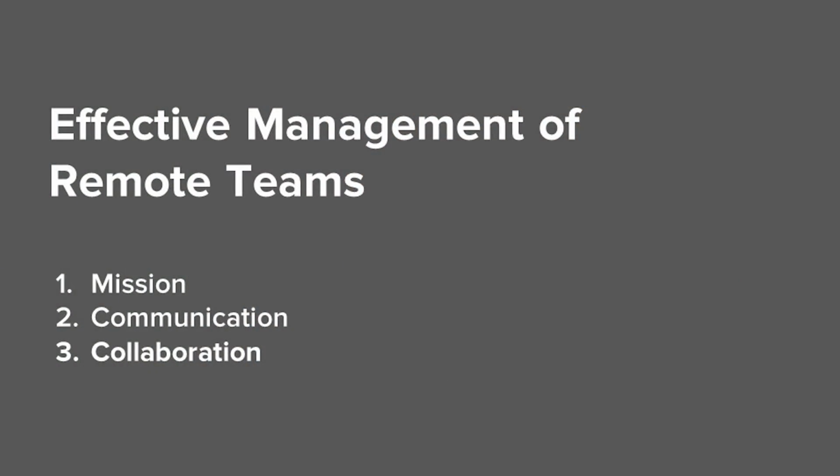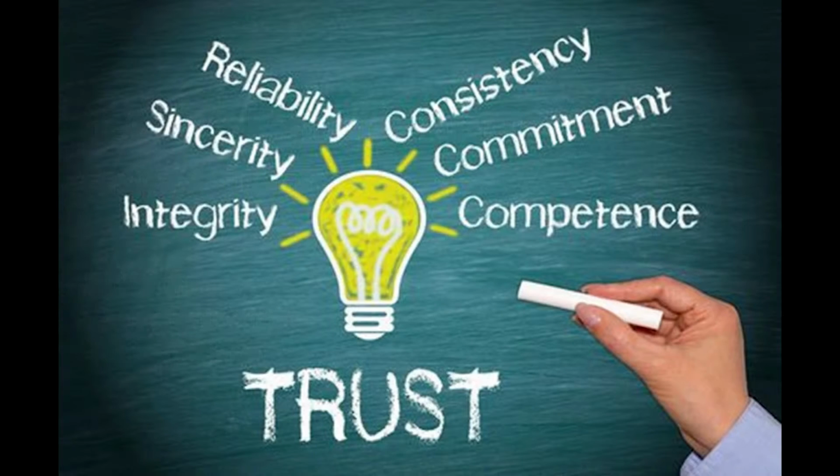And finally, if you're going to be having remote or distributed teams, you want to be as collaborative as possible. And collaboration is essentially based on trust. These are kind of some of the main principles as part of being a trustworthy culture. And so you want to make sure that the distributed team is somebody that has integrity, sincerity, reliability, they're competent. But at the end of the day, if they have those qualities, you have to trust them, right?